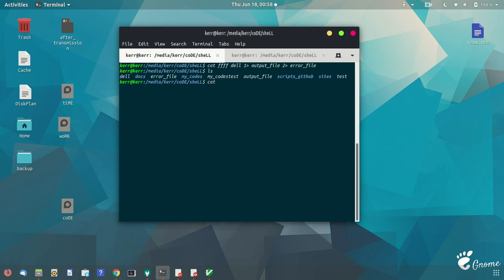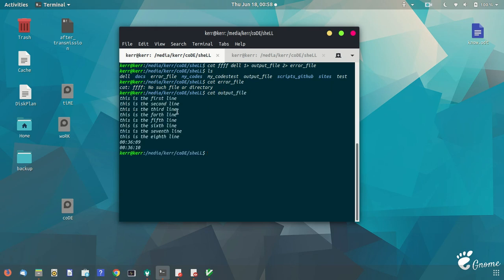So if you just check the error file, that basically prints the error that is being generated, because there is no FFFF file over here. The error is redirected to this error file, and the content of the error file is the error that was generated, which is this. And if you look at the output file, that is basically the content of this del file, because you are using the cat for this del file. So this output is file descriptor 1, and that is going to print on this output file.